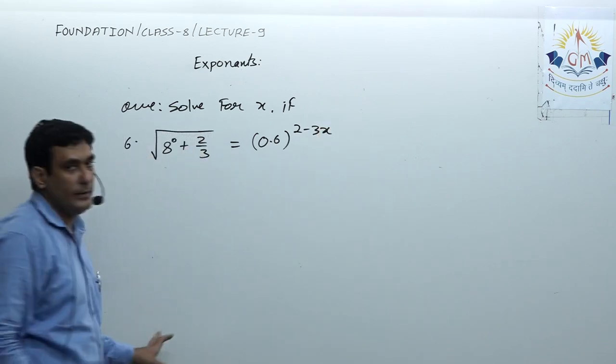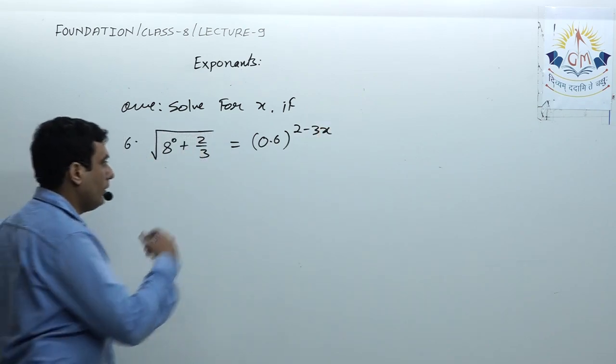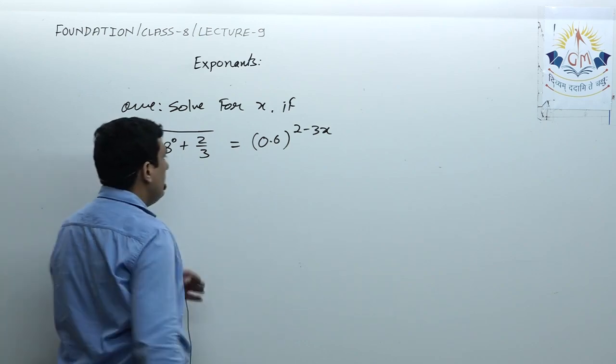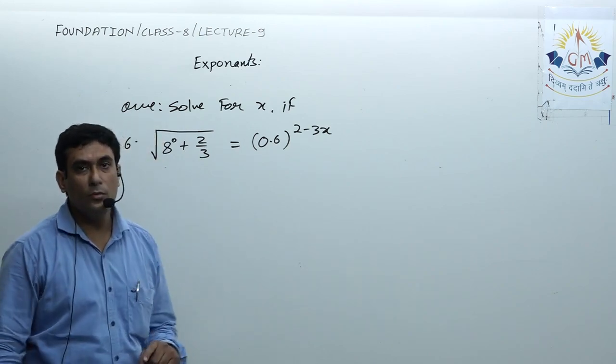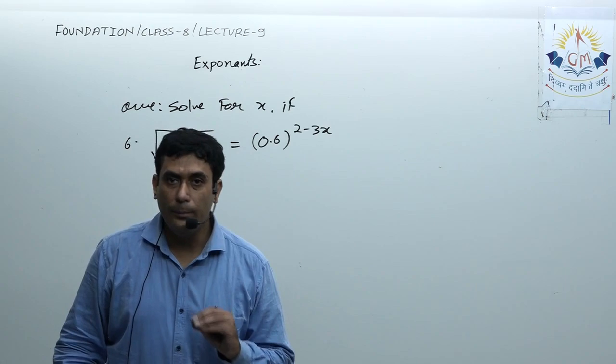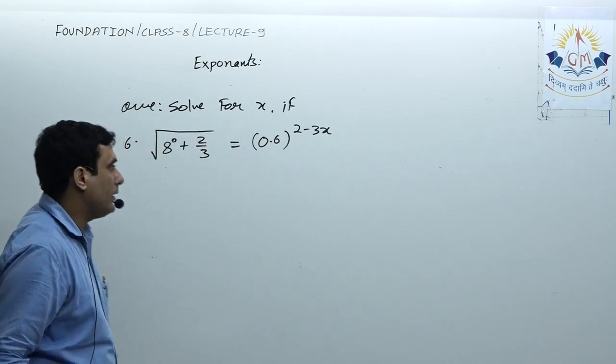This time the variable, that is the unknown x, is on the right hand side, but it doesn't matter. The only thing that we have to do is to make the bases the same so that we can compare the